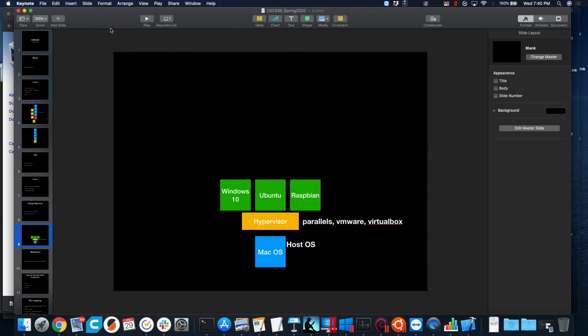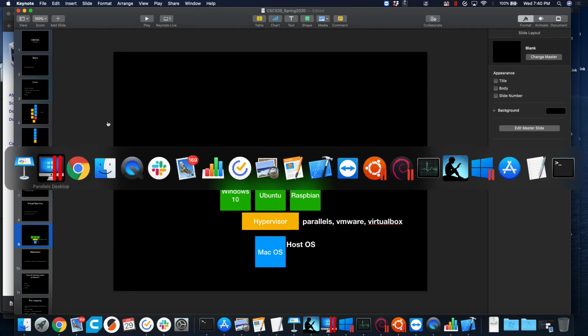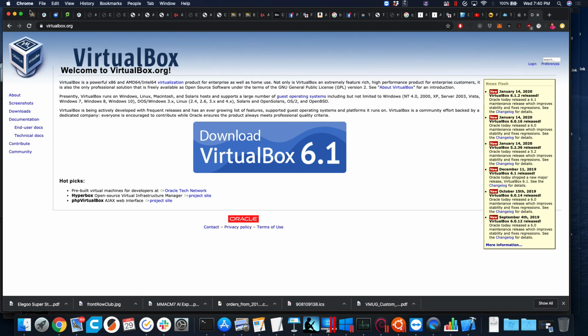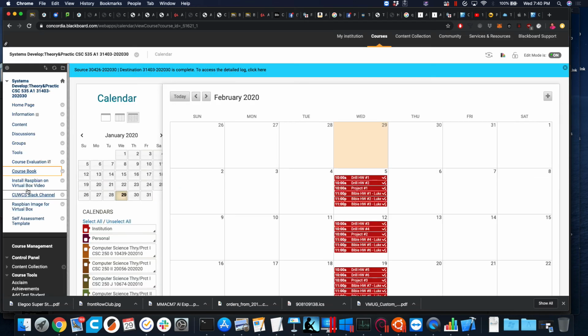Okay, so that's the scoop. What I'd recommend in here is one way or another, get a version of Linux up and running. I've given you a video here on Blackboard to get Raspbian working with VirtualBox.